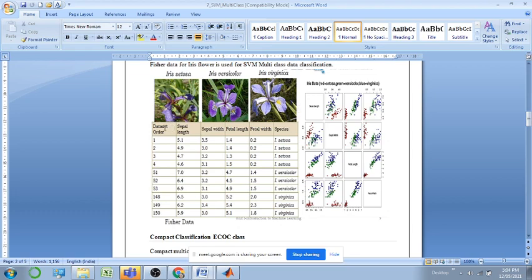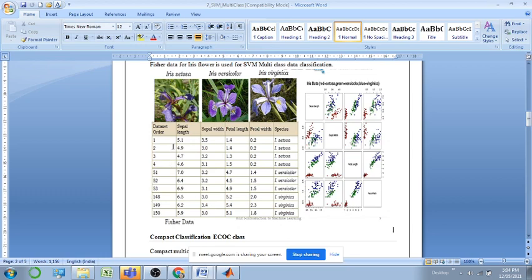The iris flower classification is based on sepal length, sepal width, petal length and petal width. So based on these four features, it is classified as setosa, versicolor or